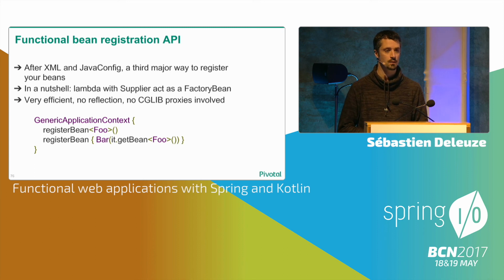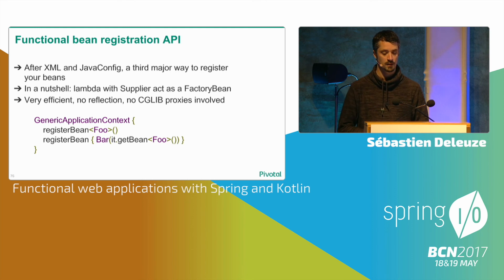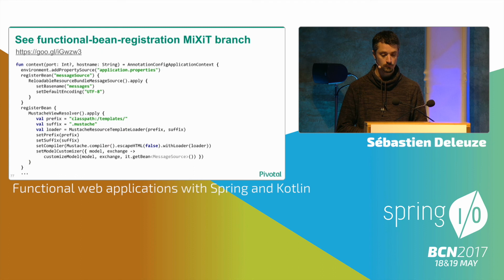And that's not only about expressing that in a different way with syntactic sugar. That's the most efficient way to create your beans. It implies no reflection, no CGLIB proxies, and we provide customized Kotlin extensions. You can see this example to define your application context. So you can see the functional bean registration of a branch of the MiXiT application,